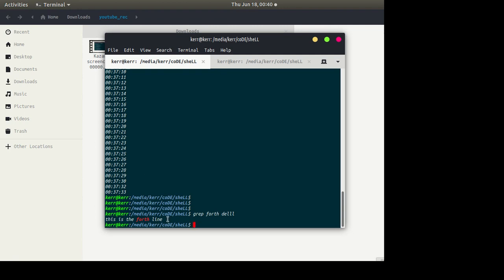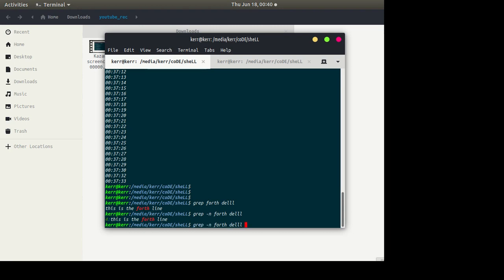See, the line that contains the pattern you searched for is printed here. And let's say you want to see the line number. For this you use the -n option. It will print the line number, which is 4. So the fourth line contains your pattern.